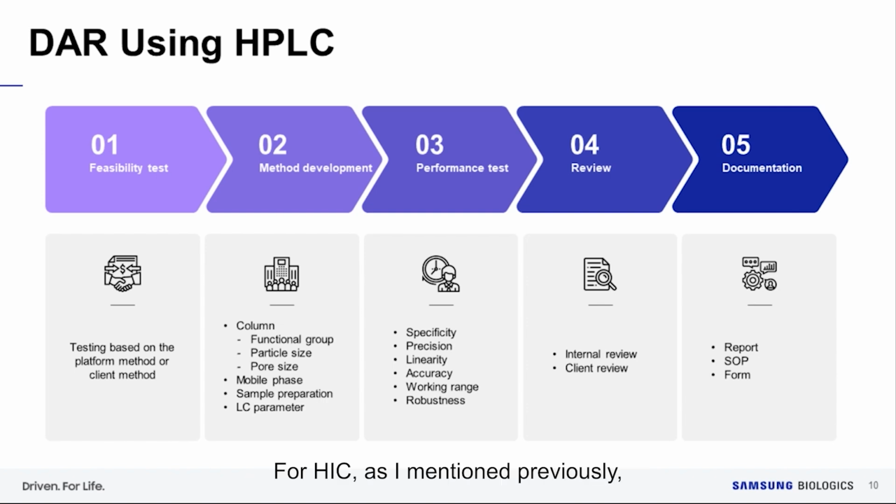For HIC, as I mentioned previously, salt concentration and type, pH is the most important. For RP will be water and acetonitrile. Also, sample preparations will be optimized. And also gradient and flow rate, injection amount will be optimized based on chromatogram. The next step is performance test, corresponding to the qualification, performed using ICH guideline Q2